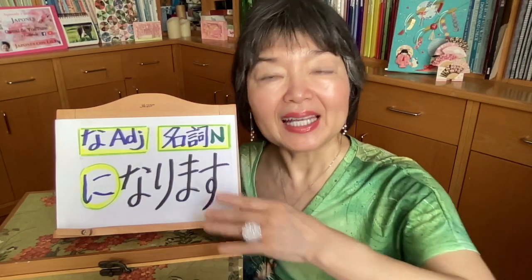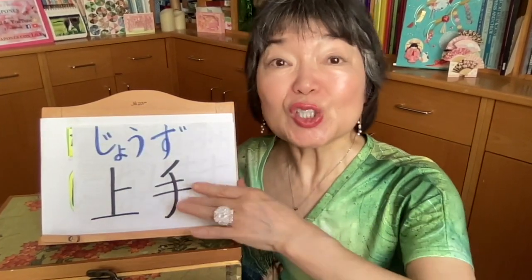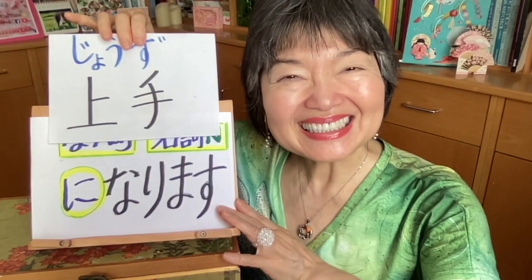娘, daughter. 料理, cooking or dishes. 上手, it means skillful. This is not an adjective. Skillful になります, it's to become. And now she's getting better and better. Now this is the present continuous, になっています。娘は料理が少しずつ上手になっています。Here I used two particles, は and が, and maybe you might think, I